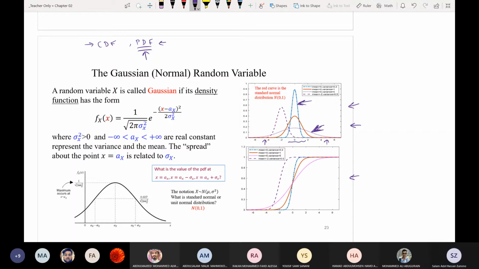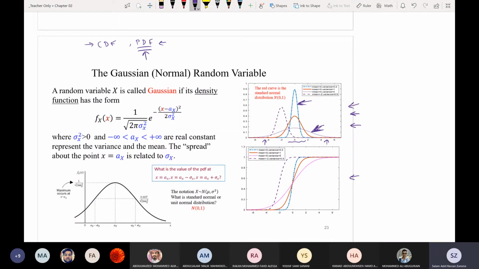So the PDF visually can tell you many things about the random variable. Okay? طبعا we'll come to that later when we come to the expectation and the standard deviation and so on. But now let's focus على Gaussian random variable. What I wanted to establish is that the PDF visually can tell you, you can visually understand how the random variable behaves easily without looking at the CDF.